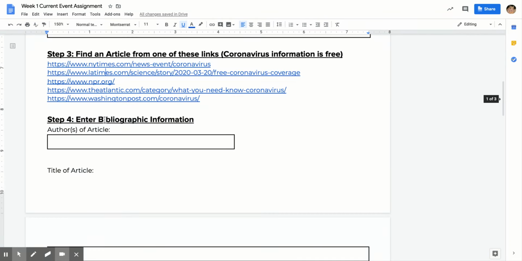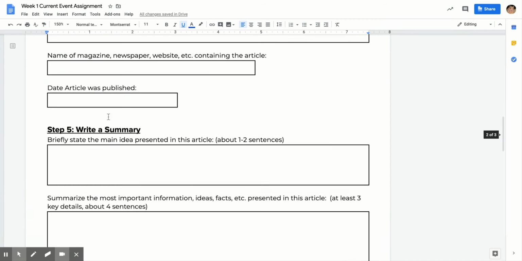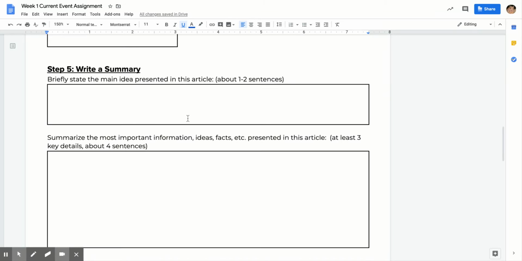So it will either be New York Times, LA Times, NPR, The Atlantic, or Washington Post. And the date it was published. As with your current event project, this should be within the last month from today. So you should be doing this around March 30th, 31st, April 1st. So within the month of March is when your article should be published.